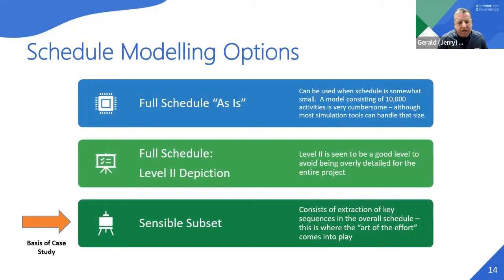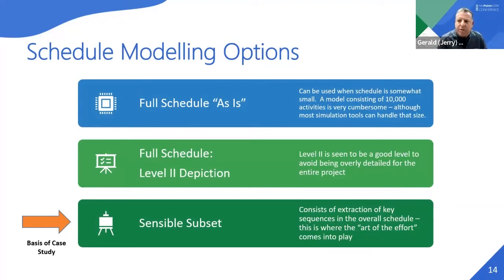Okay. The approach that I learned many years ago when I first started doing schedule risk analysis is what I've called the sensible subset, which is that you're going to use a pretty elaborate schedule and then extract certain sequences out of the schedule that really probably are more material in terms of the outcome. What are those types of sequences? They obviously would be the critical path. You have to have some sort of perspective of what you're going to call near critical path, but extract those